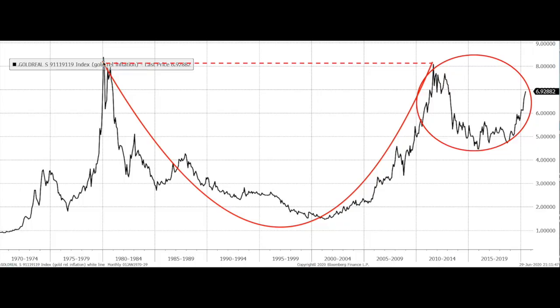And you can see the peak, 1980, that was the Afghan war and the Iranian hostage crisis. And gold went into its 20-year bear market, and then we had the bull market of the noughties, when in inflation-adjusted terms, gold simply retested its old highs. And then since that retest, we've been forming this cup and handle pattern. So it's a cup and handle pattern that's formed over many decades, 40 years,